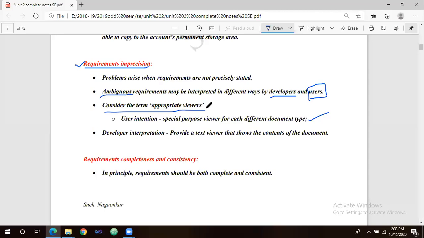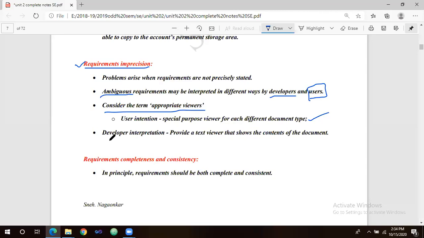Individual views must be generated for individual users, which means one to one cardinality should be there. The user of the library management software must be able to view the books or the articles that he is going to search. This is one example.